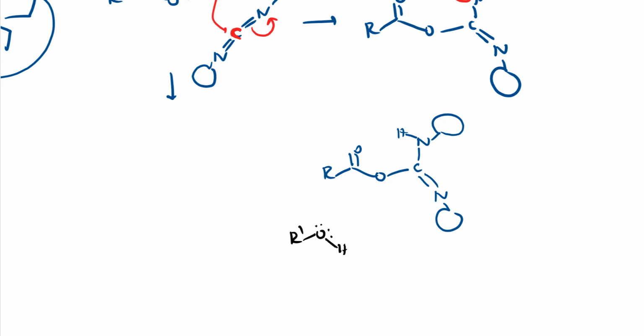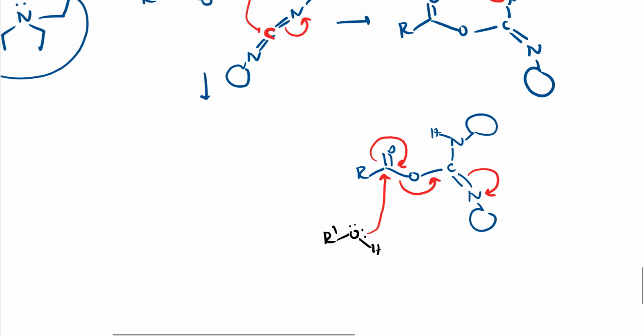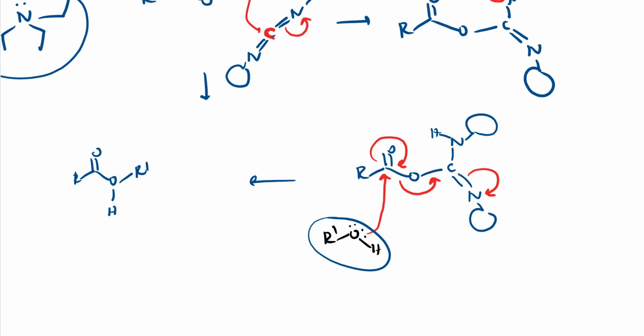What happens here? As soon as this electron density attacks this carbon, as it is electrophilic, this electron density comes on oxygen, then again comes back to this carbon. This bond will be easily broken and this electron density goes on nitrogen. So I will get this product, RCOOR', and here hydrogen is there. I hope you got it. This is R'OH, this only. If I want to show it by a black marker, I'll show it like this.